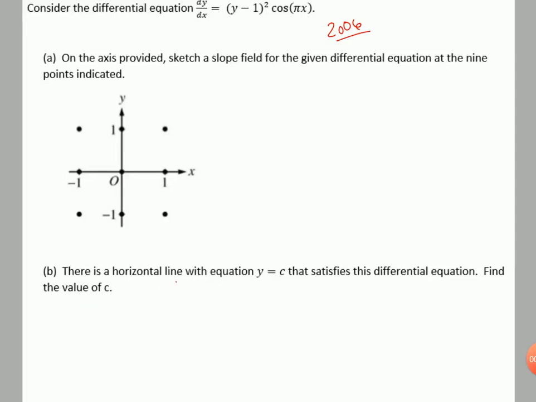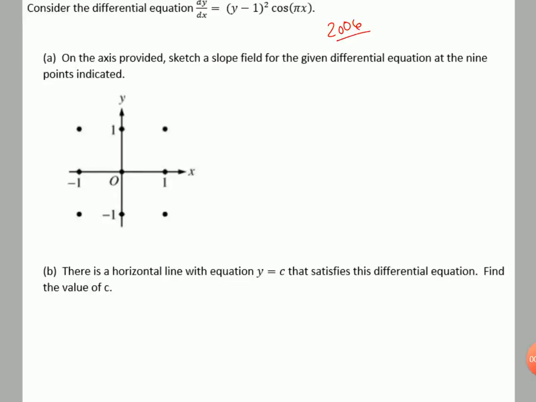There is a horizontal line with the equation of y equals c that satisfies the differential equation. Find the value of c. So once you're done sketching, I want you guys to try this. Once you're done sketching the slope field, you'll look for the horizontal line, okay? Now,